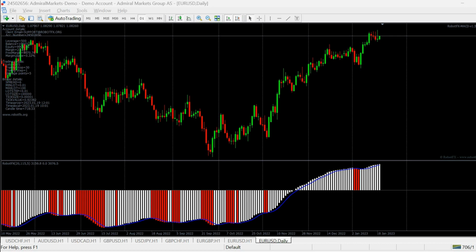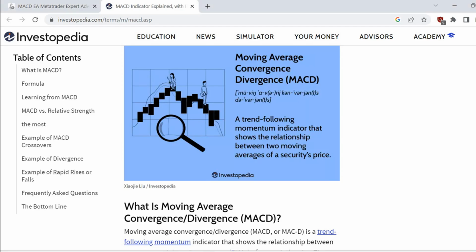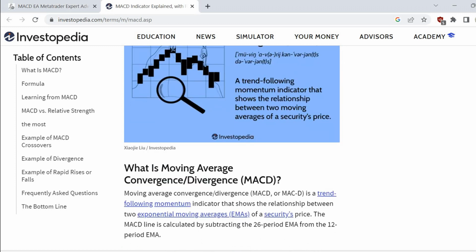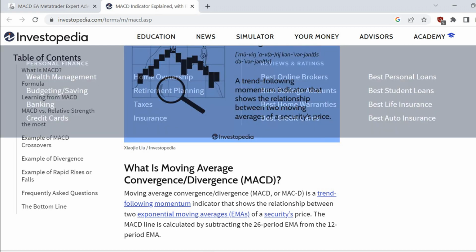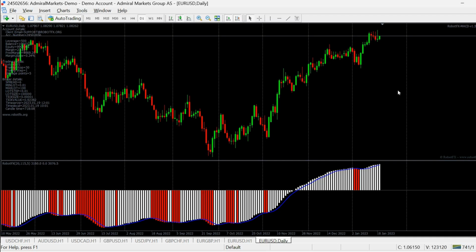Without bothering you too much with explanations, MACD stands for Moving Average Convergence Divergence indicator, and you can Google it and see how exactly the MACD indicator calculates its bar. You can find various information on Investopedia, for example, which will even teach you how to pronounce it. But we will not cover this in this topic. Let's go straight to the chart and see how the MACD indicator looks and how to trade using the MACD